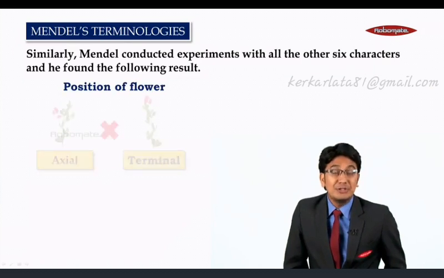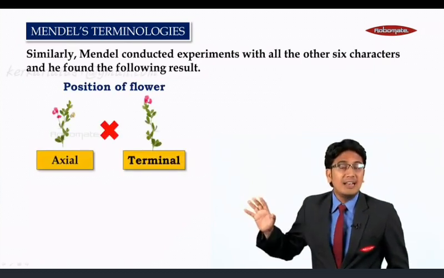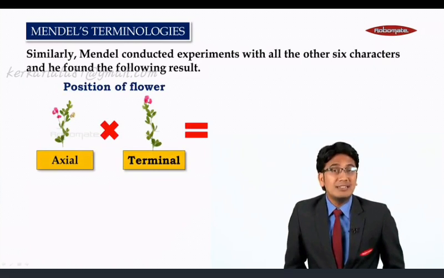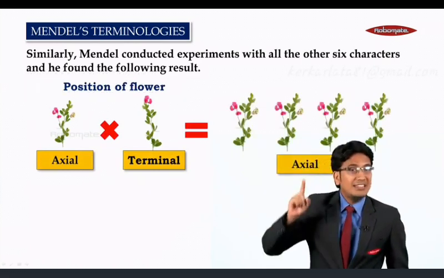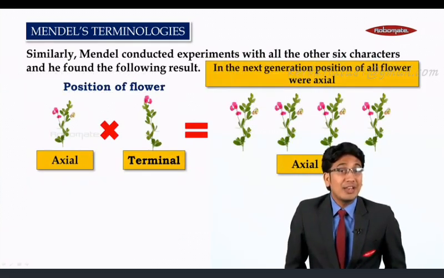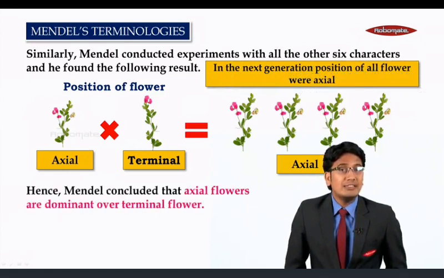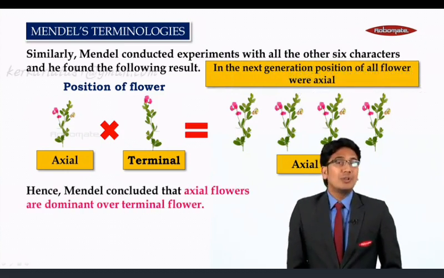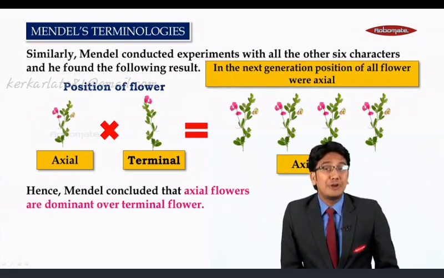And last, he took position of flower, axial with terminal. The resultant, he got all axial plants. So in the next generation, the position of all flowers was axial. So now he concluded that axial flowers are dominant over